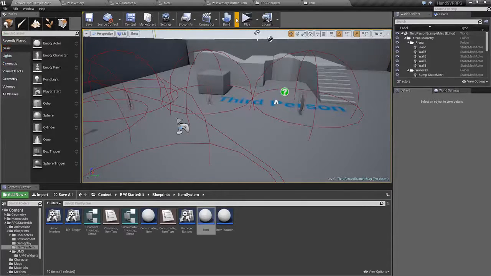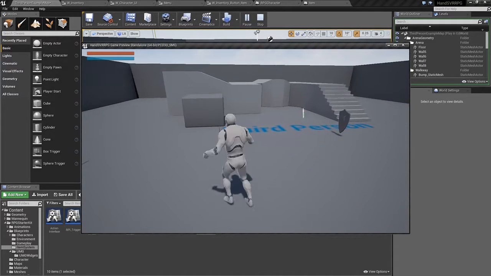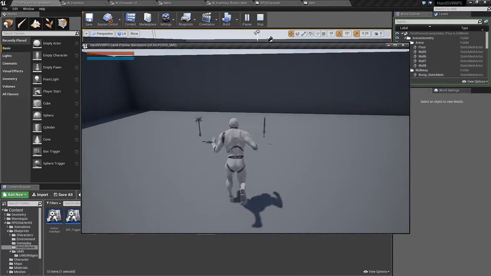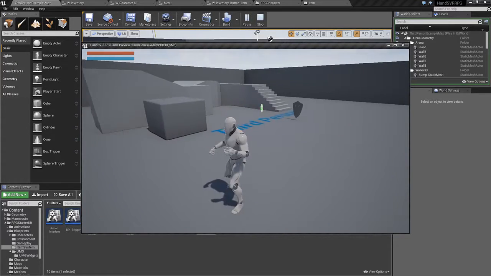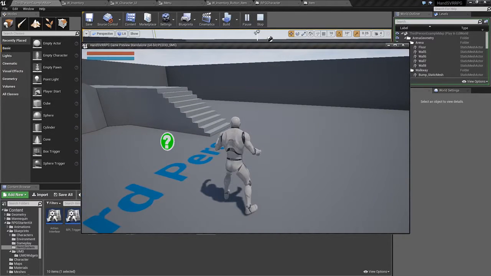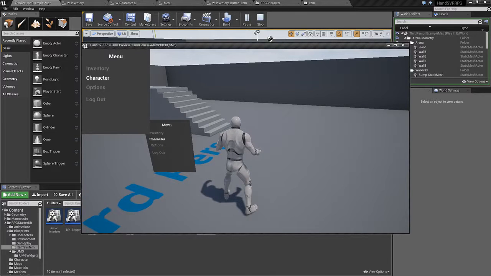See if that works. Right, so it didn't go up straight away, and now I'm able to then select it. Cool, so now what I've got to do now is